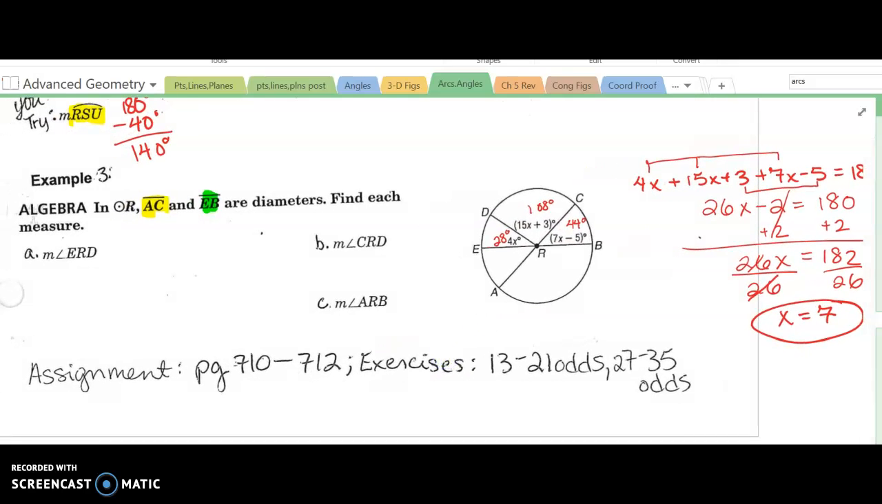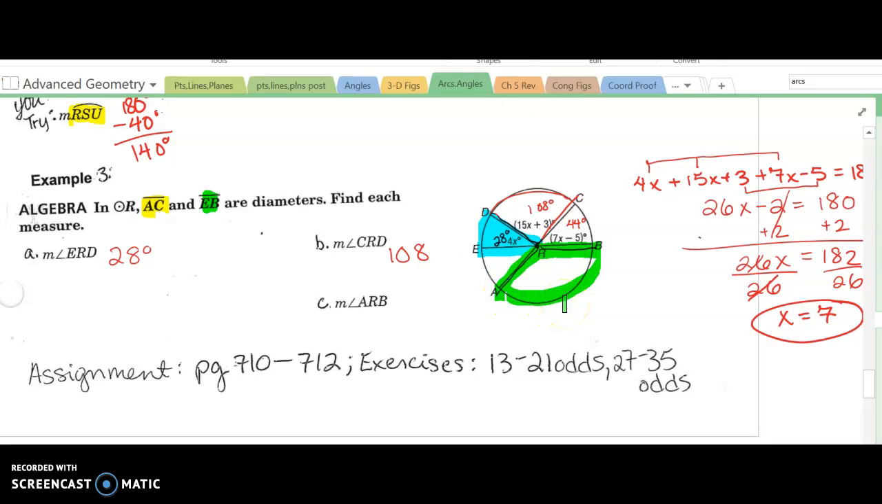So E to the R to the D, go in the order of the letters. Oh, that one's an angle. These are angles. So how many degrees is that angle? We already figured that out. It's 28 degrees. C to the R to the D, that's this angle here, would be 108. And A to the R to the B, is this one over here, which they did not tell us,